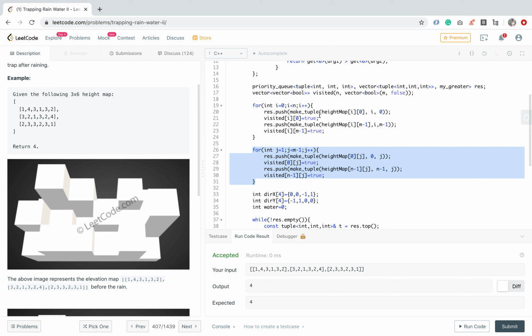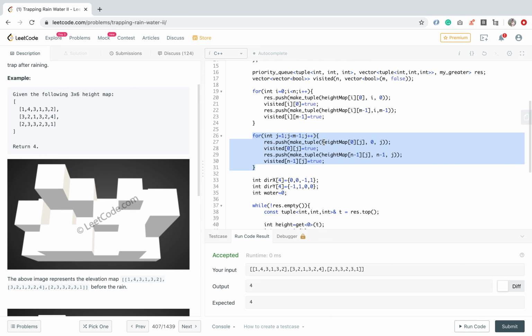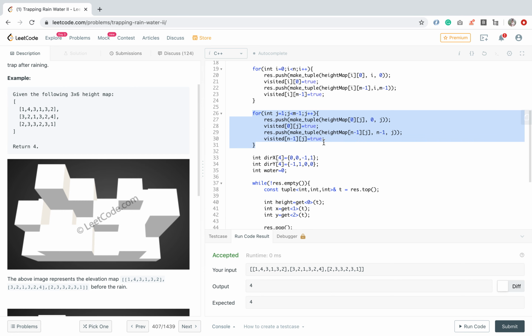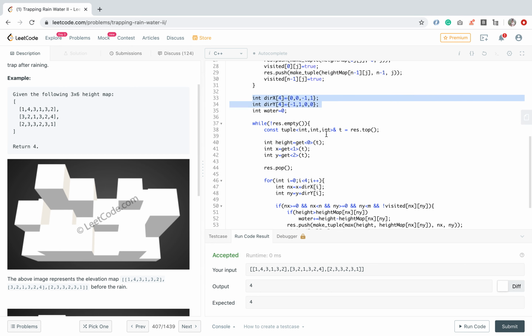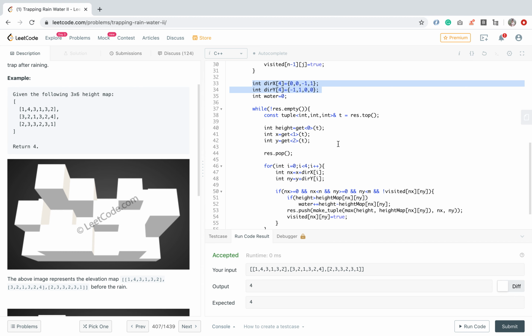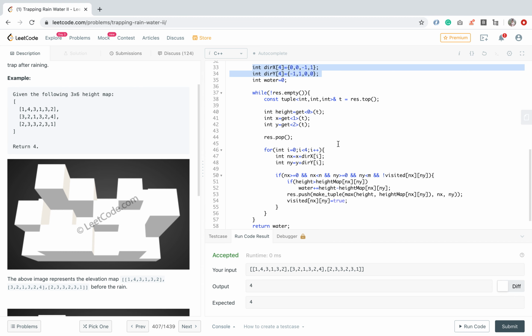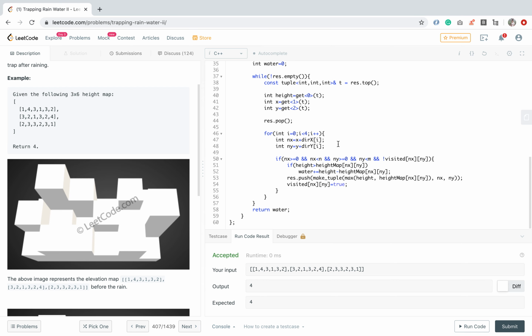We have pushed these into the min heap and also set visited to true, because in all these border cells we can't add any water. Then from one cell we can go in all possible four directions, so we are taking a direction x and direction y, and we are popping elements until the priority queue is empty. We go to the neighboring node by having a new coordinate nx and ny, and we also check whether it is a valid coordinate.